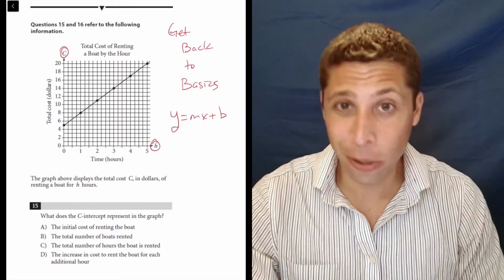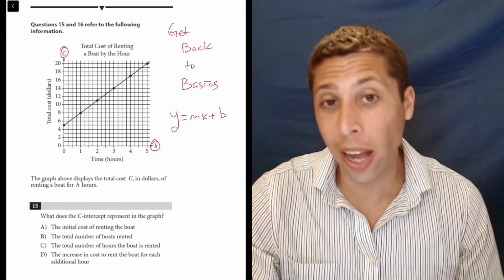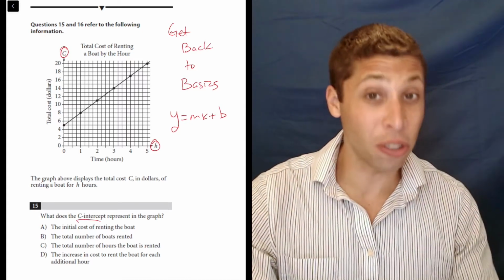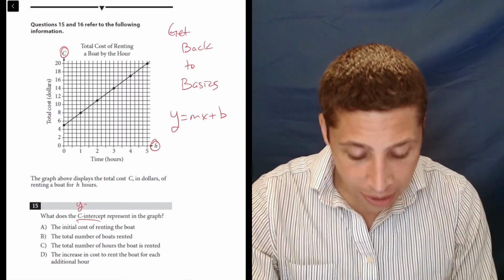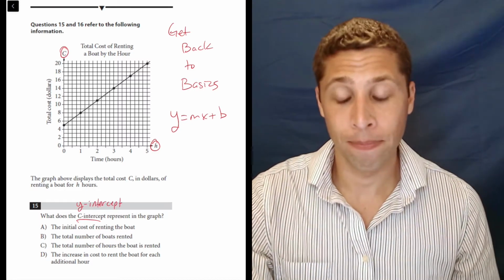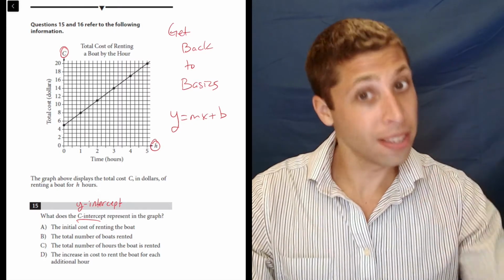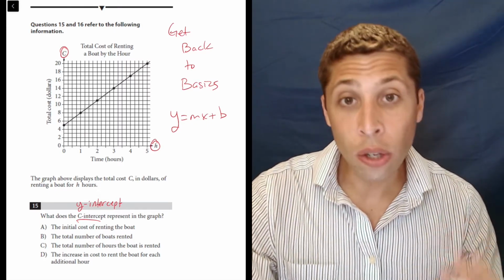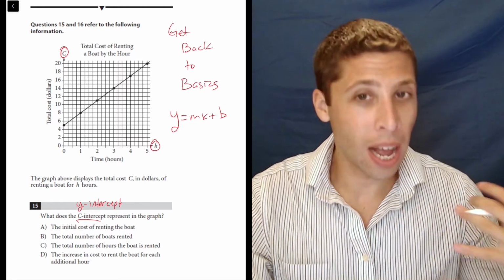It's still an x and a y. It's still a line in y equals mx plus b form, right? So when they ask us for the c-intercept, they're really asking for the y-intercept. Get back to basics. Now, on the SAT, when we have stories about lines, we use different kinds of words